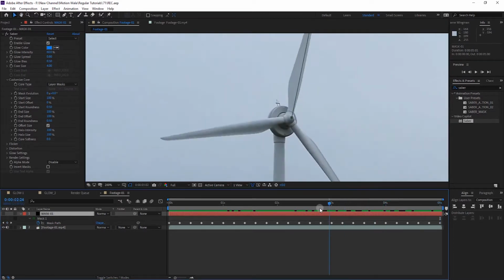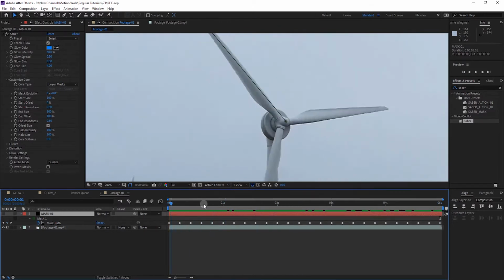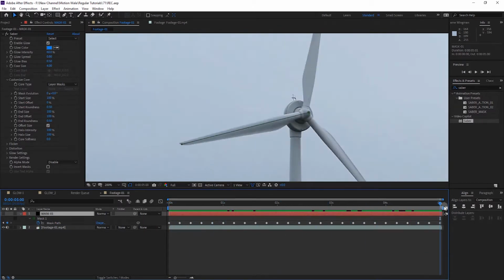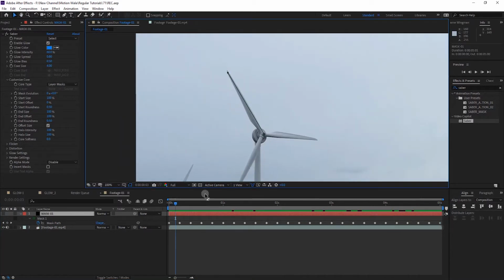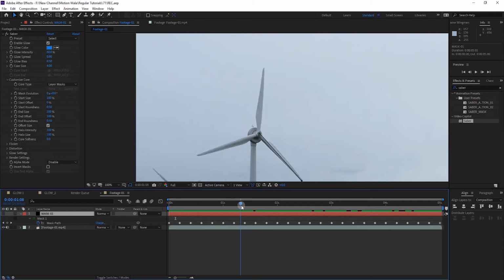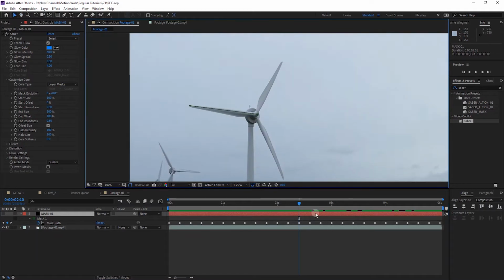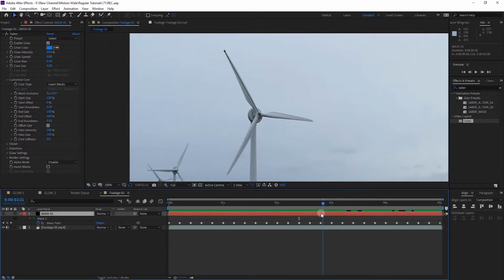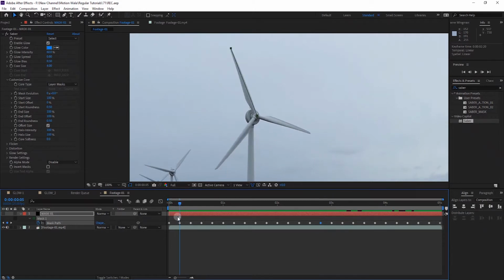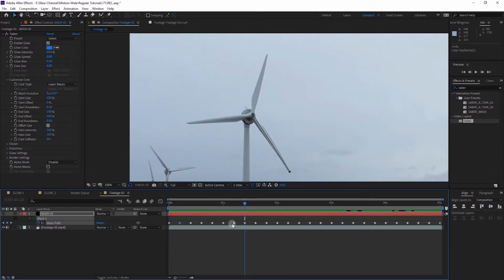You can see it didn't take me a lot of time, because if I do it frame by frame, it will take way more time than this. When you are done adding all keyframes, you can scrub through the timeline and see if there is any issue. In this example adding a keyframe on every 5 frames is okay. If I delete the first middle keyframe, you can see now it's causing an issue. If I add a keyframe on every 10 frames, it depends on your footage, what type of moving object there is, and the speed of the moving camera also matters.